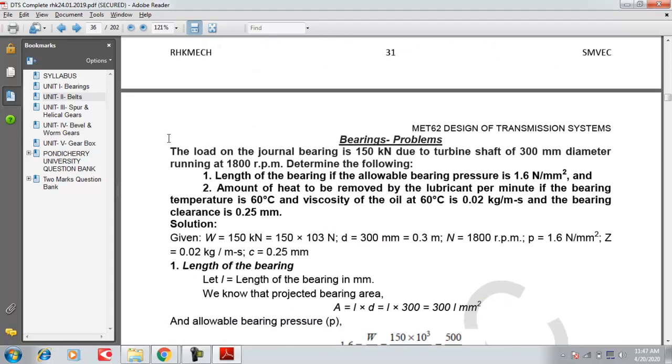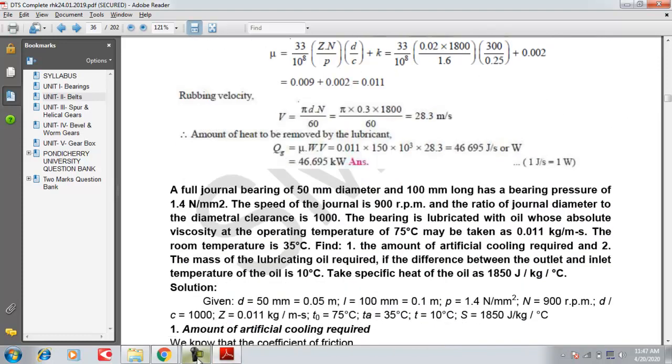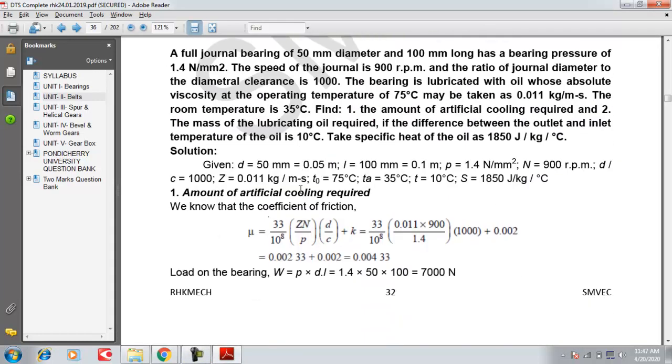Actually, there are so many other problems available in the notes and also in the book. You can refer to those problems, but the methodology is all the same. I have introduced the formulas, methodologies and concepts for both sections, that is, journal bearings and rolling element bearings, sliding element bearings and rolling element bearings. That is the general category. You have some other formulas also. We can discuss those formulas in a later session. I think we will end the session on this problem.